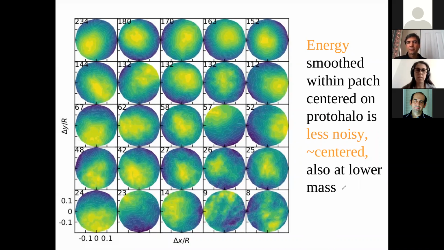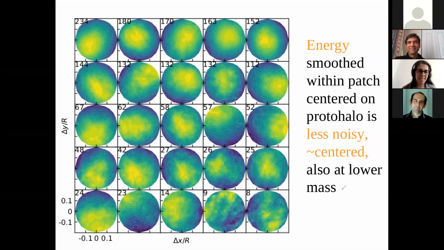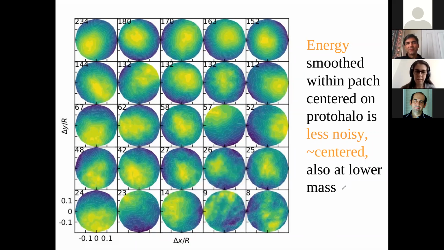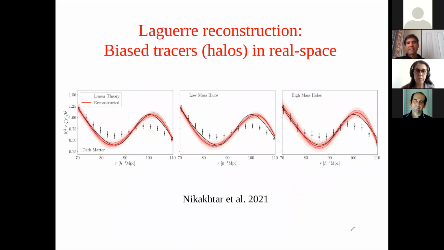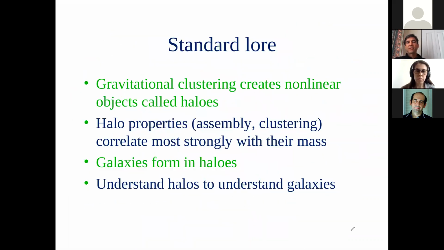So may I ask the question, the second question? So, okay. So observationally, is it easy to calculate and predict the linear point? I mean, observationally, you have the dip and the peak at the same time and then go to the linear point. Am I right? Or? Yes. Yes. So observationally,